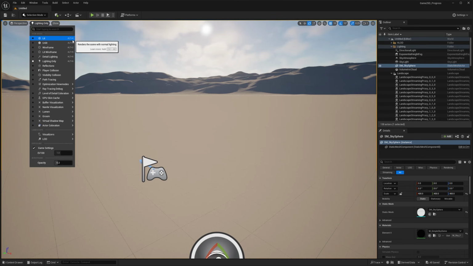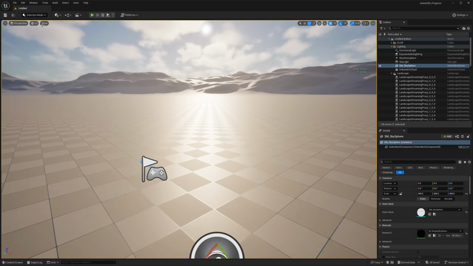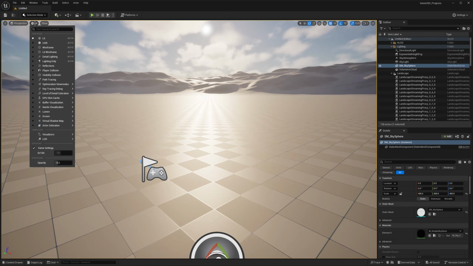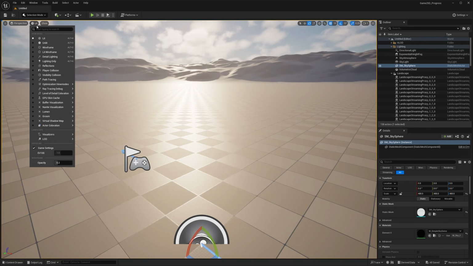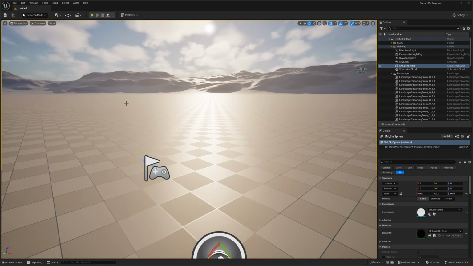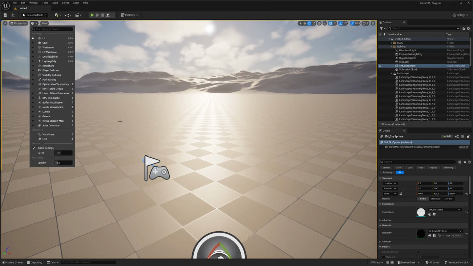And again, remember, Unreal has a hotkey for the most used actions inside the engine. So every time you're curious, just hover and you're going to see there's always a hotkey available. This is also where we visualize stuff like collisions and Nanite visualizations and stuff like that. So we're going to be using this menu a lot. We're going to be cycling through it quite often, to be honest.